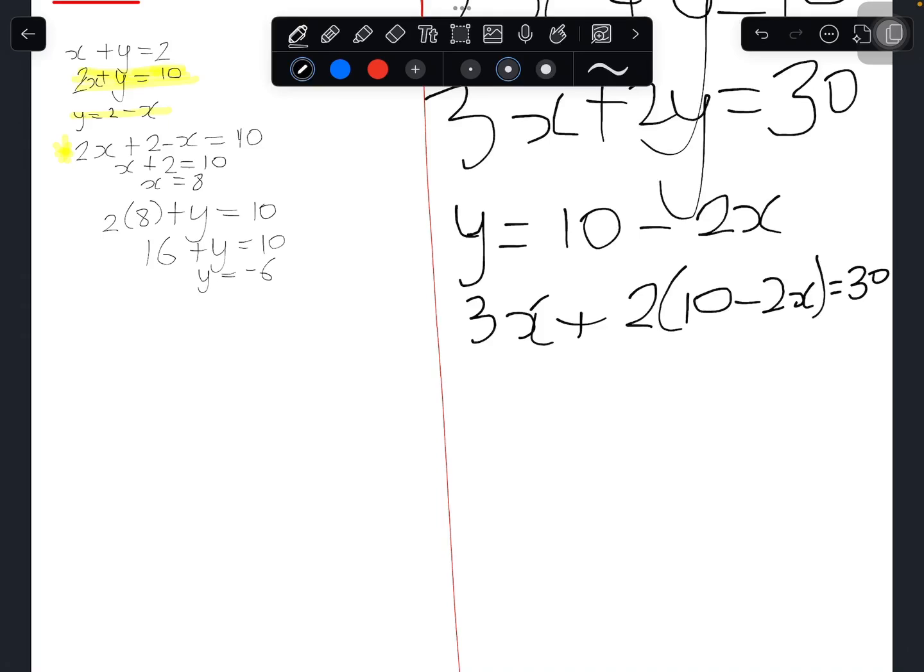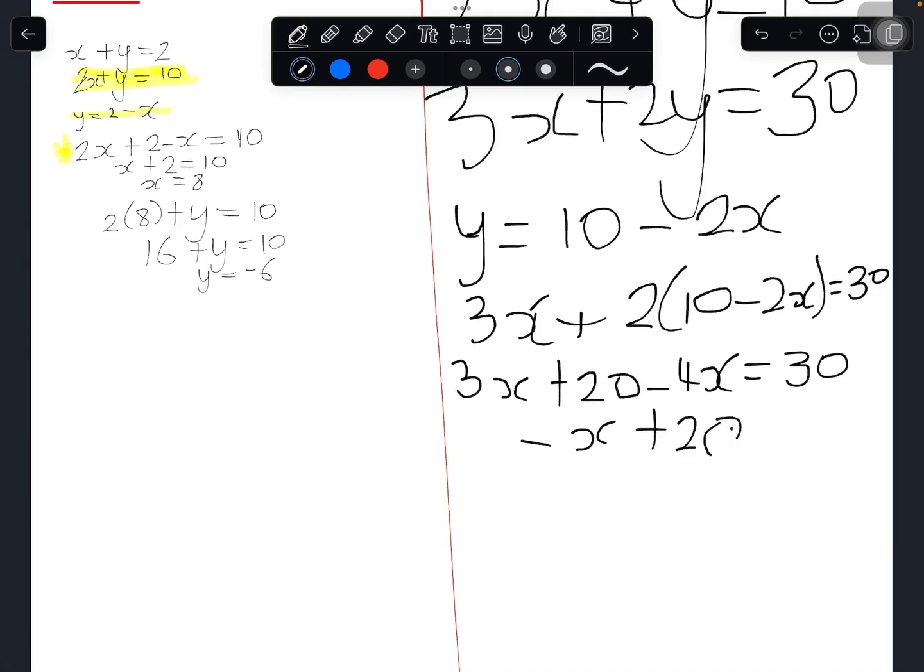Then we'll have 3x plus 20 minus 4x equals 30. Then we have negative x plus 20 equals 30, and negative x equals 10,